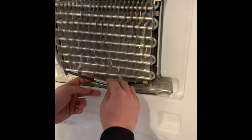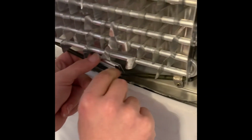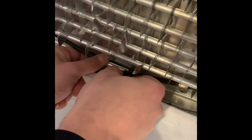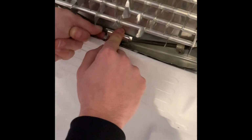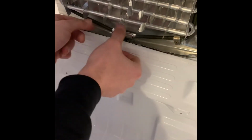Here's your new piece. You are going to slide this in the back. You can tug on that heating element a little bit. Slide this new piece on the back. It slips right over that heating element, and it's got these two tabs. I take those tabs and wrap them as tight as I can to get that piece to hug that heating element as tight as possible, and then that shaft sits down in that drain, which fixes your freezing issue because it doesn't let water sit in there and